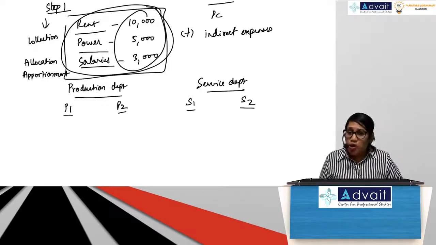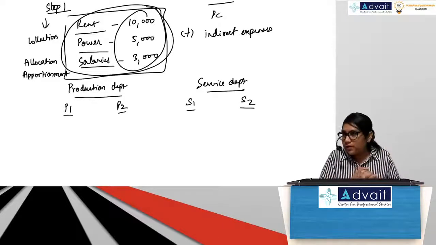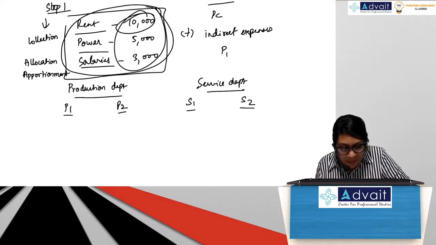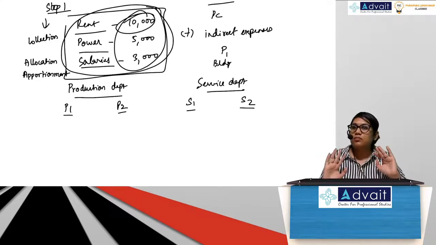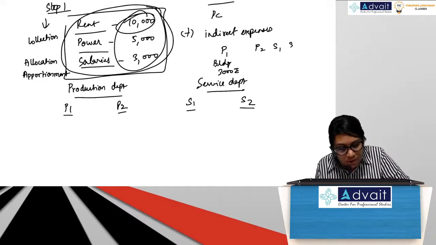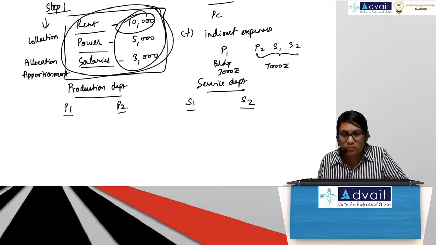Okay, when we look at allocation, we don't need to divide. We know that this expense belongs to this department. Okay, but in apportionment, it is not possible to figure out which expense belongs to which department. So we divide it, okay, based on some criteria. So simple example, rent was 10,000. Okay, let's say P1 was in a separate building. My department P1 was in a separate building for which the rent was 2,000, and P2, S1 and S2 were in another building for which the rent was 7,000.